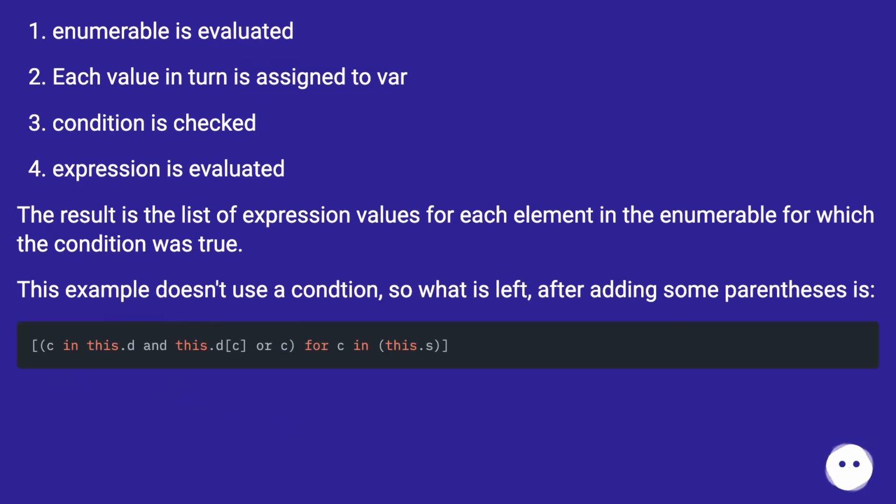Enumerable is evaluated. Each value in turn is assigned to var. Condition is checked. Expression is evaluated. The result is the list of expression values for each element in the enumerable for which the condition was true. This example doesn't use a condition, so what is left, after adding some parentheses, is